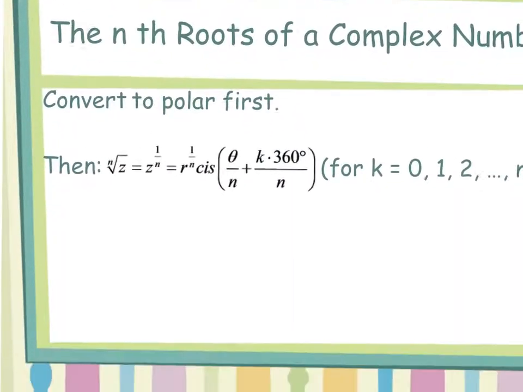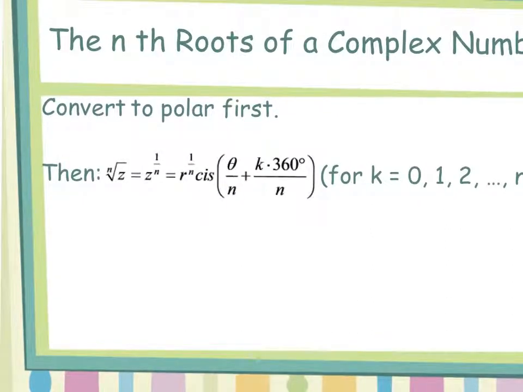And I'm going to do it over on this slide right here. This is the formula. A lot of times people don't find this formula to be helpful, and they just go off of the examples. But that's the technical formula. One thing I do want to add to this is it's totally possible. Remember we had 2 cis 30. If we wanted to put those back into standard form, remember this is shorthand notation, and what it's saying is